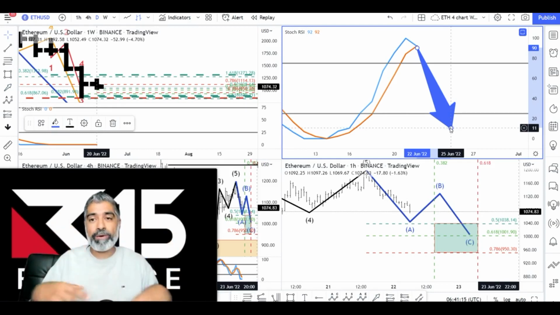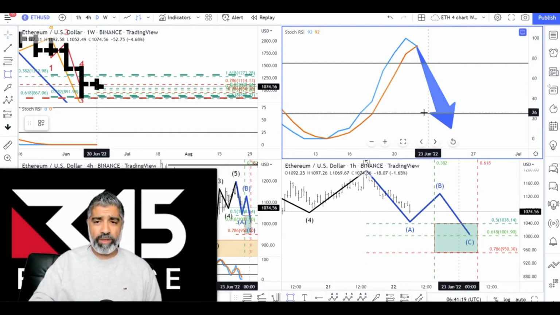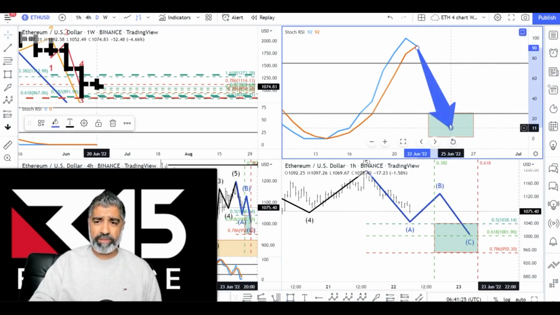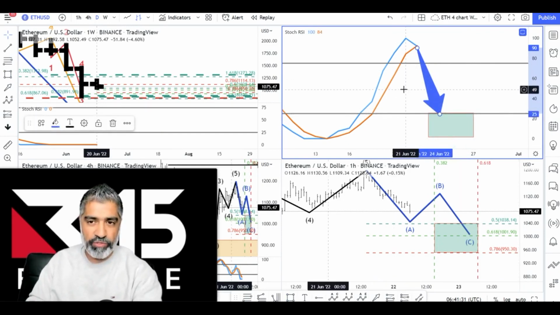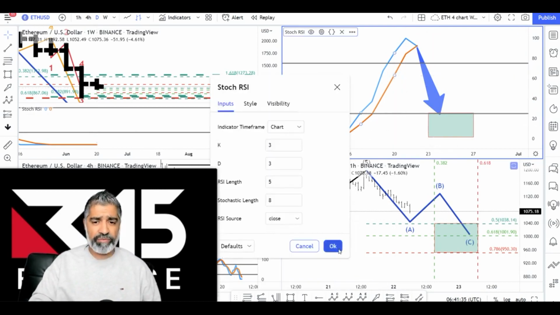Here it's pointing down, overbought and pointing down, to say the odds are against going long right now. So what would be good practice is to wait for the momentum to go below this black line over here, which is 25, below 25. This is stochastics RSI, by the way, for those that use TradingView. Settings on the daily is 8533. You can copy that.